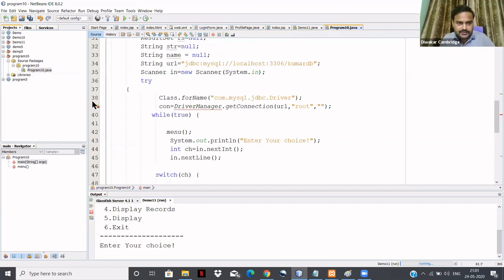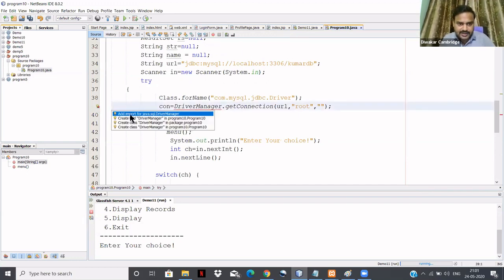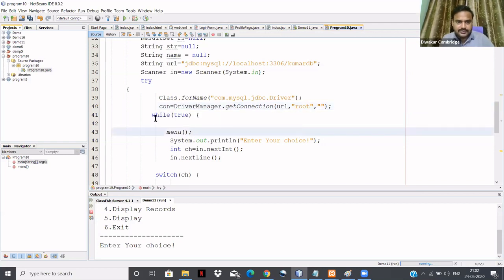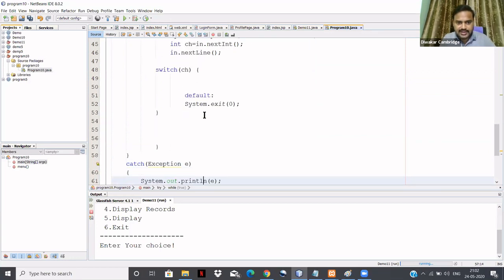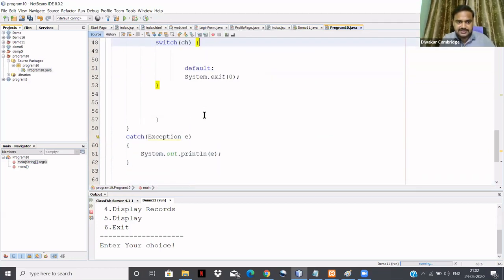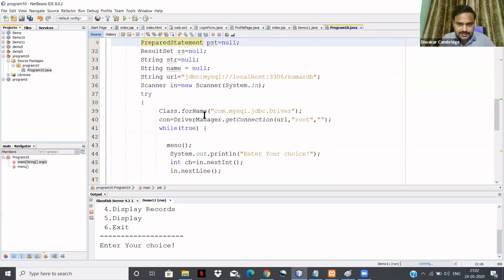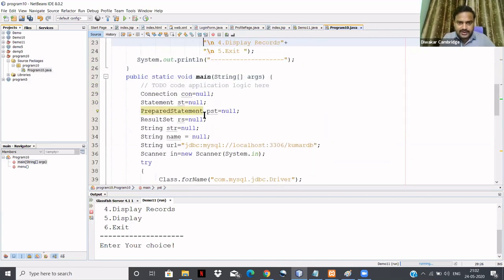See what happens here. One more package you have to import, that is java.sql.DriverManager. Now what you are seeing here, I have created one try and catch, which is able to catch all the exceptions, right? Now you just see one important thing I told you, you should know about the essentials of JDBC connection, right?